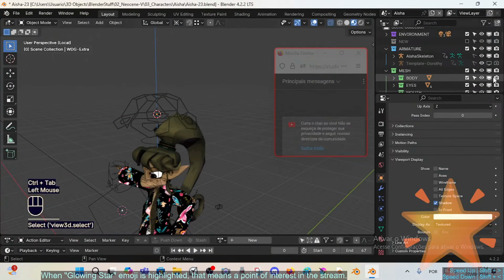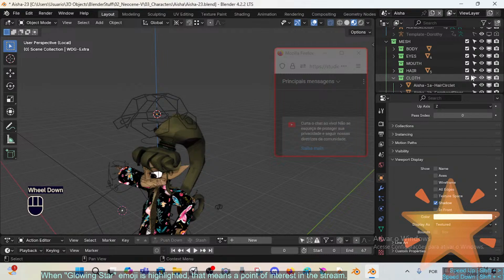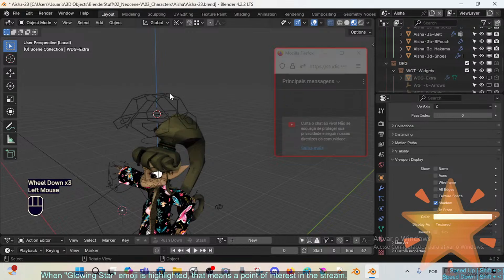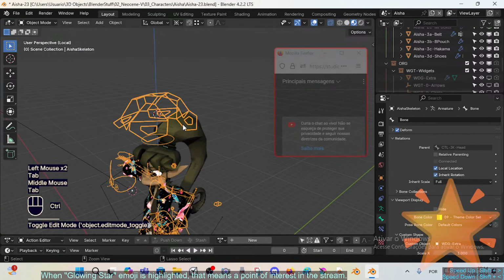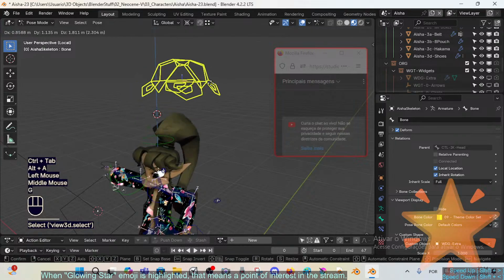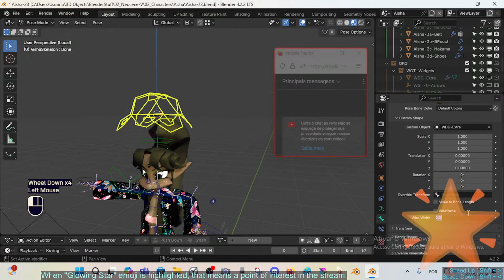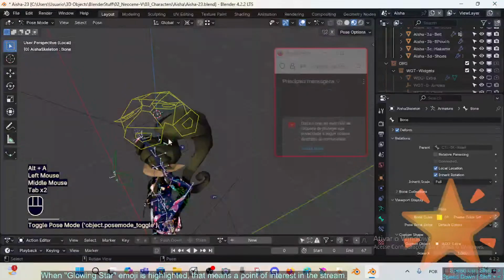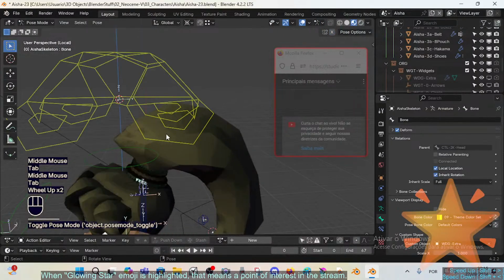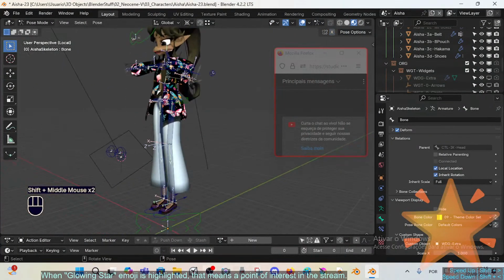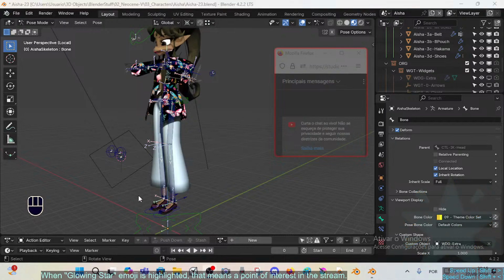So let's hide this again. Make the armature selectable. Hide this widget, and as you see, edited in place. But it is just a bone here. So this is a way that makes it work. So here for this thing,